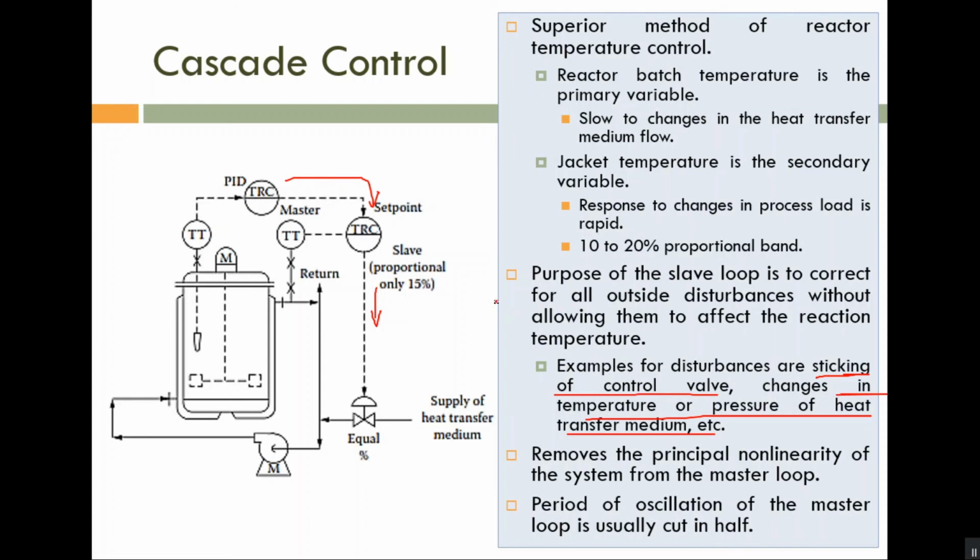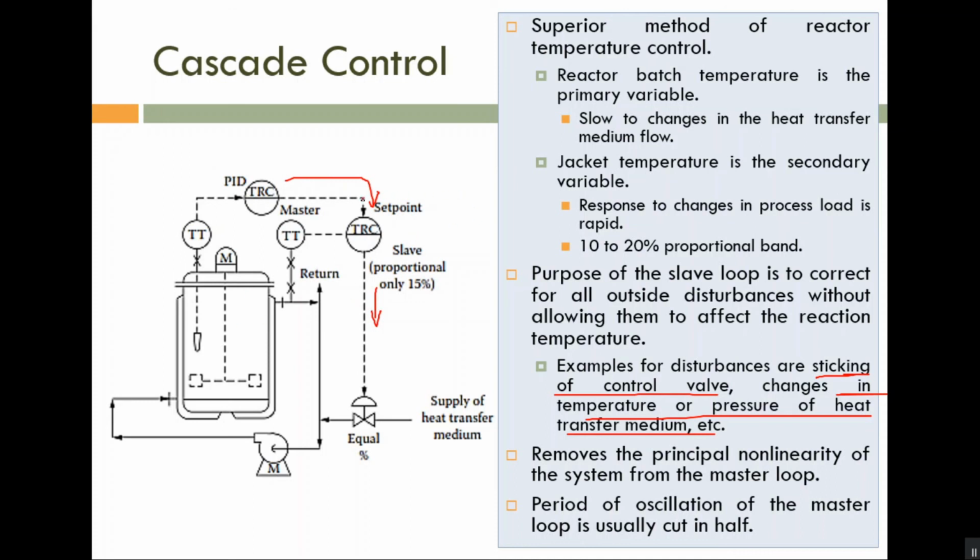Now one more discussion is required. In the last class I told you we are using a PID controller here. This one is a master controller. We are using large proportional value, small integral action, and small derivative action. A large integral value is not required. It will not improve the performance because this one is the slowest response.